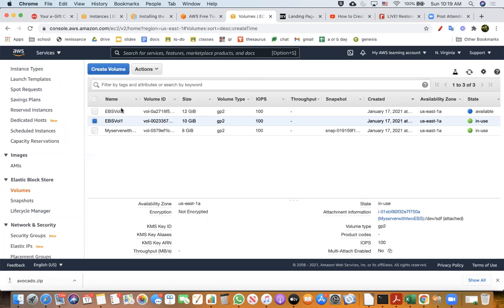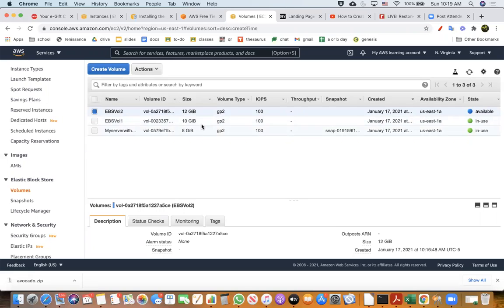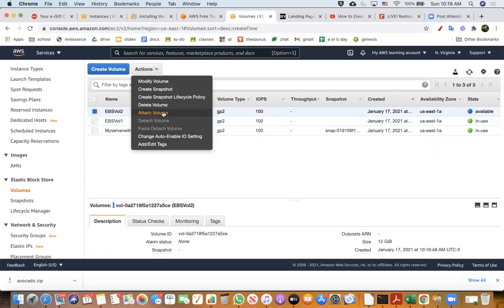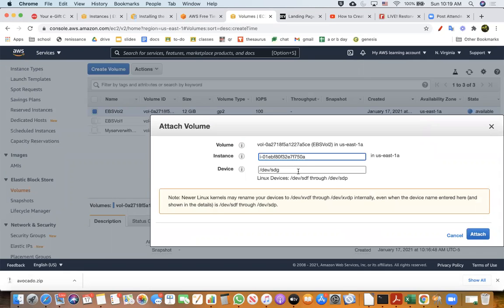Okay, so now I am going to attach the second volume also to the same server. It is going to be attached as sdg. As you see, it says that Linux kernels will rename it to xvdf through xvdp.